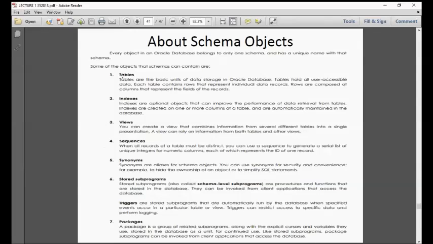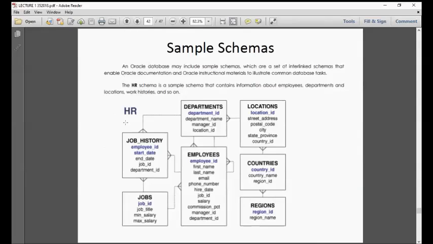So let's go to tables. So what I showed you is the HR schema. In the HR schema, we have 1, 2, 3, 4, 5, 6, 7 tables. So this is given, this is included when you download Oracle. This is what I told you about the educational purposes of Oracle.